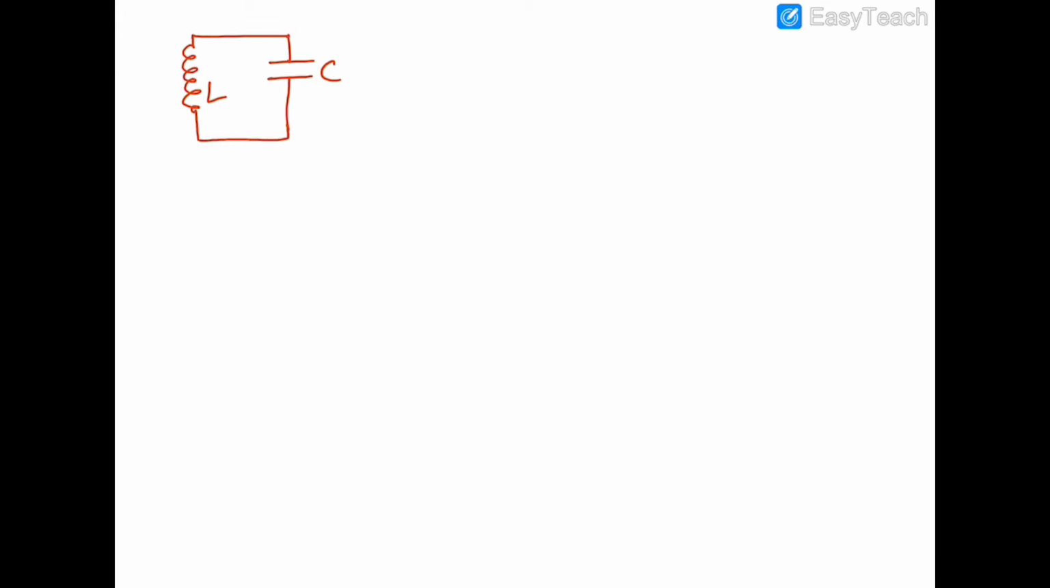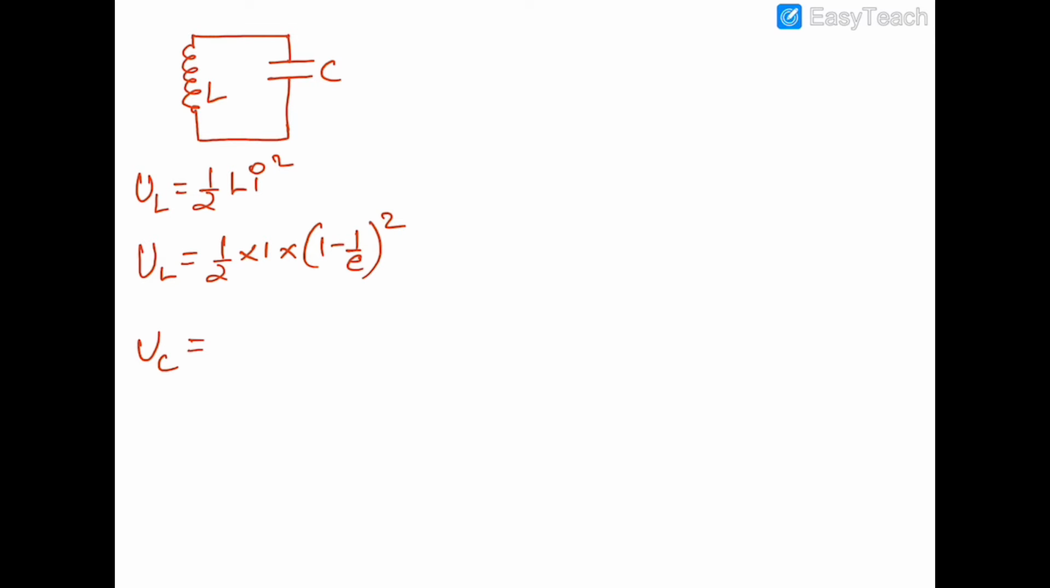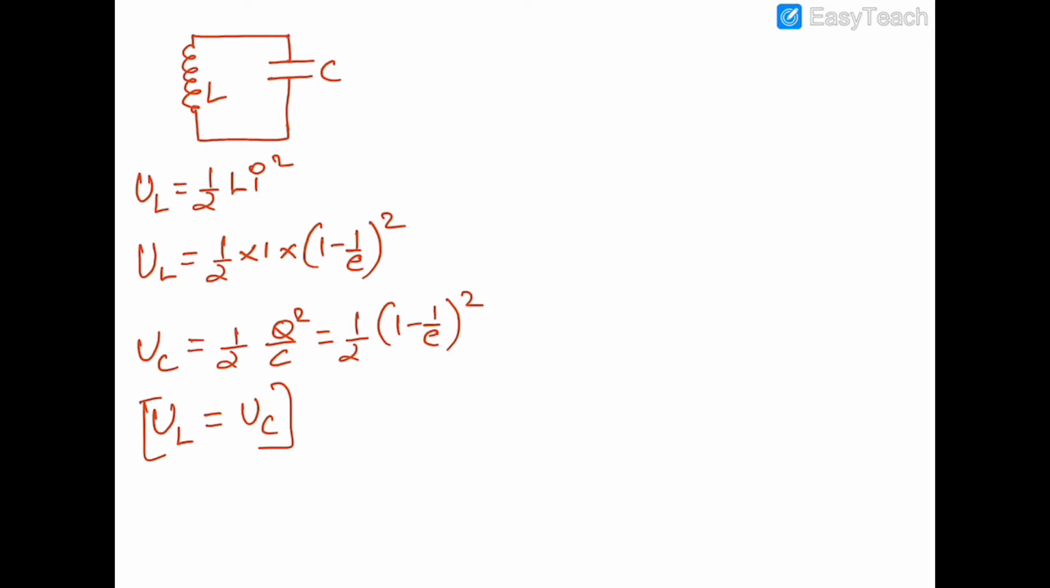The energy stored in the inductor is equal to half L I square, where L is 1 and I is 1 minus 1 upon e, so whole square. The energy stored in the capacitor is half Q square upon C, and C is also 1, so it is also equal to half 1 minus 1 upon e whole square. So you can see that the energy stored in the inductor and the energy stored in the capacitor is equal,